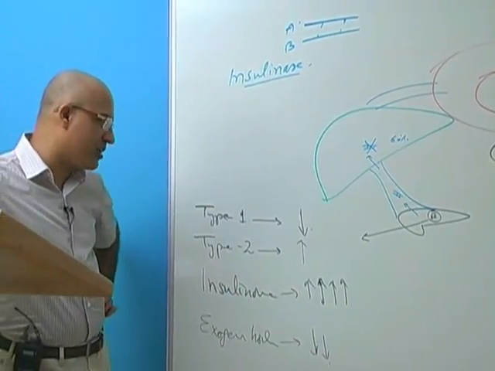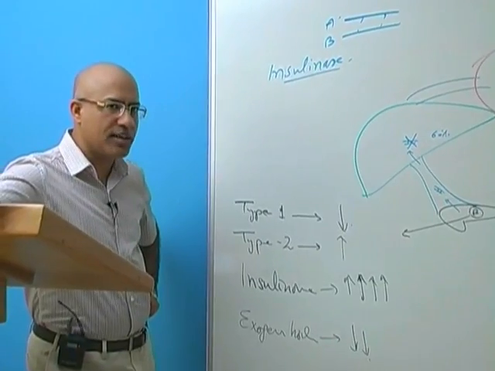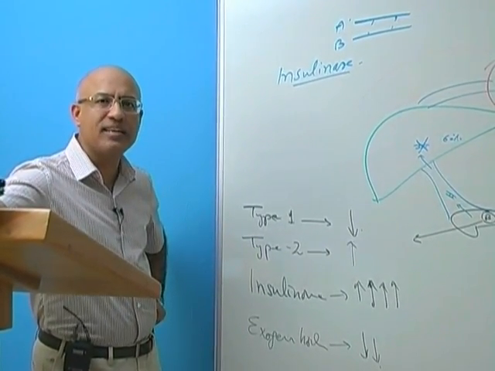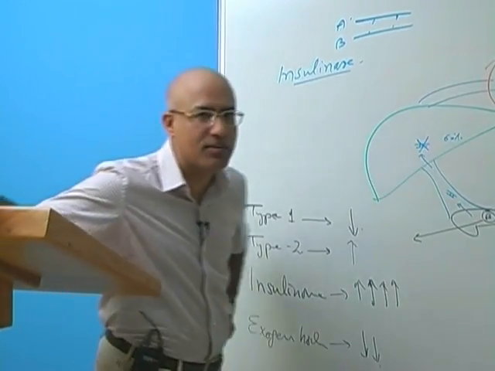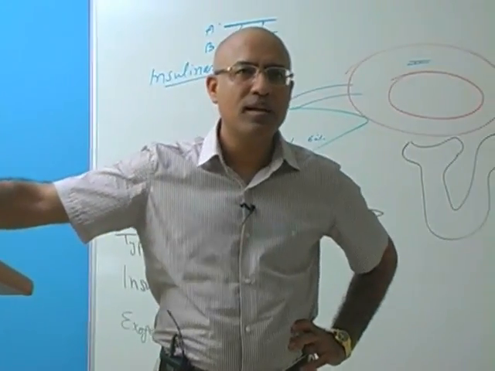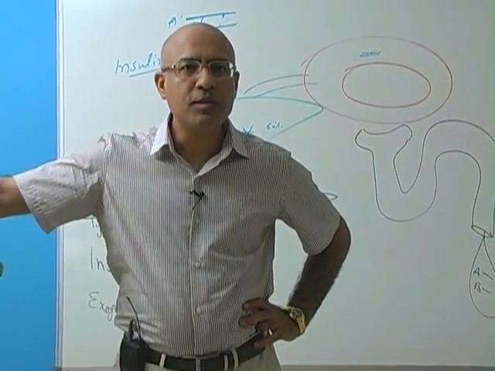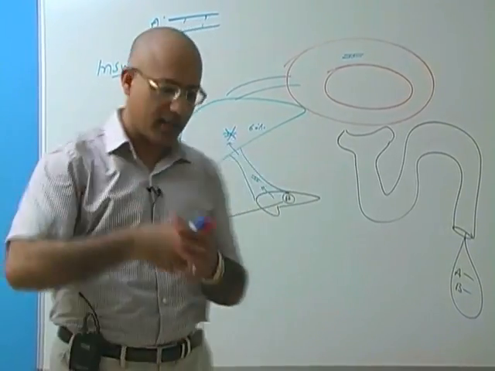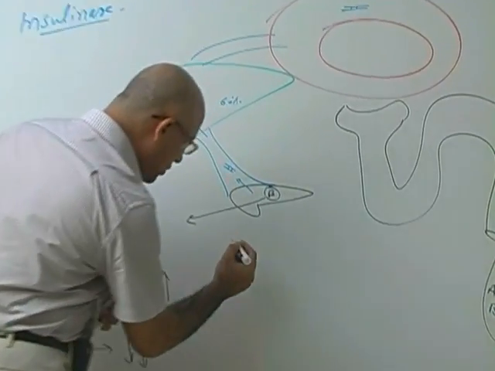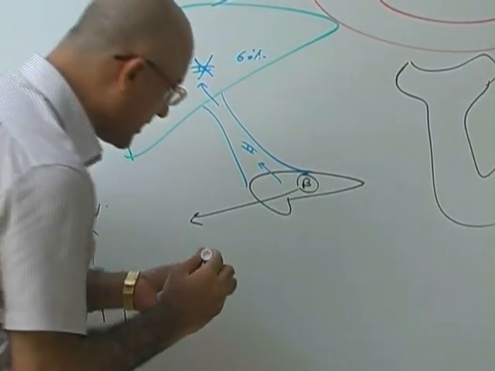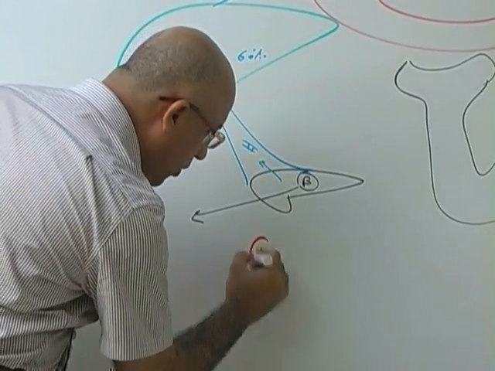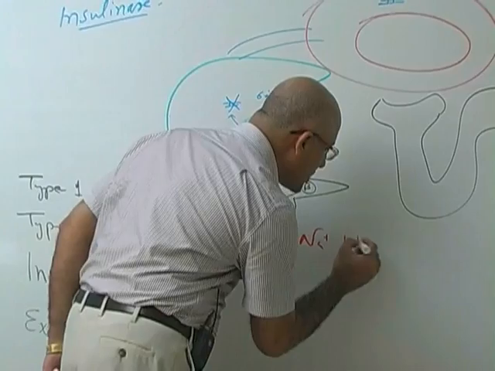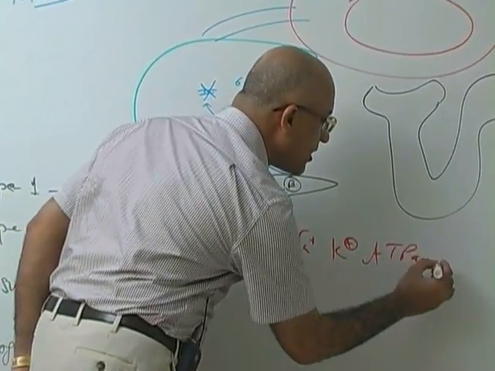Now, another important thing. In previous years, we used to think that C-peptide is biologically not active. But now we are coming to know that C-peptide also has biological actions, right? Especially, two actions are very important to know about C-peptide. Biological actions of C-peptide, number one is that it stimulates sodium potassium ATPases. And number two,